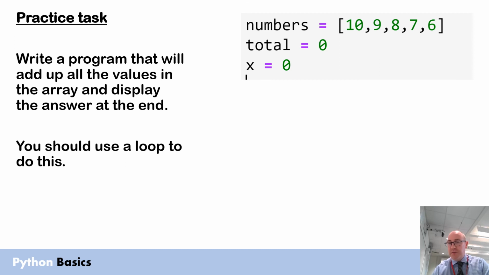So what I want you to do is, here's an array called numbers, and it's got some values inside it already. I want you to add up all those numbers and display the total. Now, I want you to do that using a loop. So not just simply doing it in your head and then writing the answer out, because that's cheating, isn't it? I want you to loop through it and